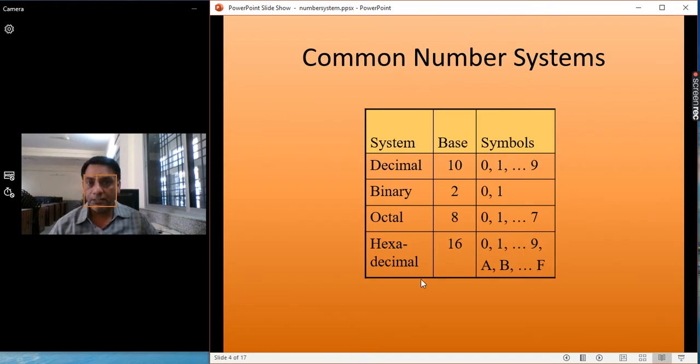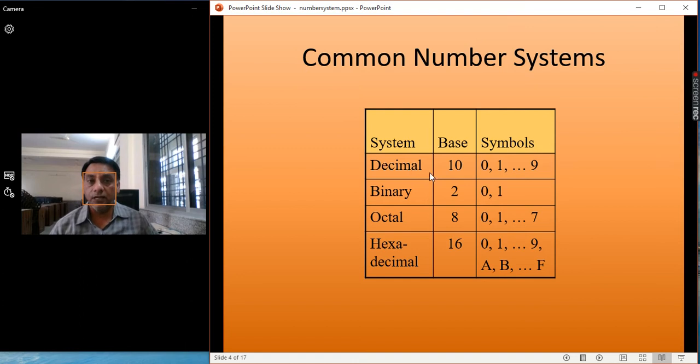Now you have common number systems. I have told you that in number system there are 4 types of number system. One is the binary number system, which you have seen in the last slide, and then the decimal number system, which is recognized by us in our mathematical system. In general mathematics we use the decimal number system, and there are certain representations also. Suppose here is the binary. Binary means 2, its base is 2, and there are only 2 numbers, 0 and 1.